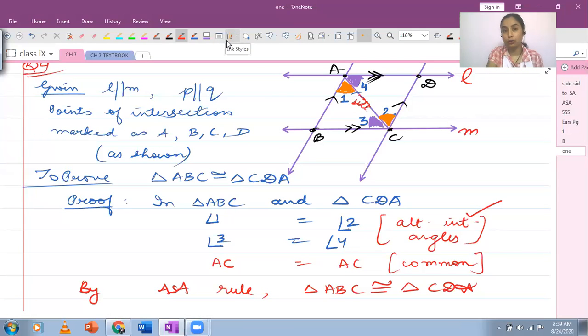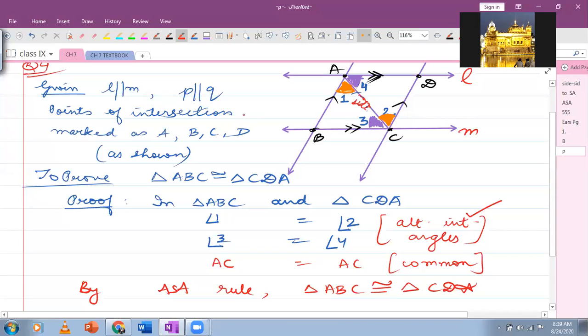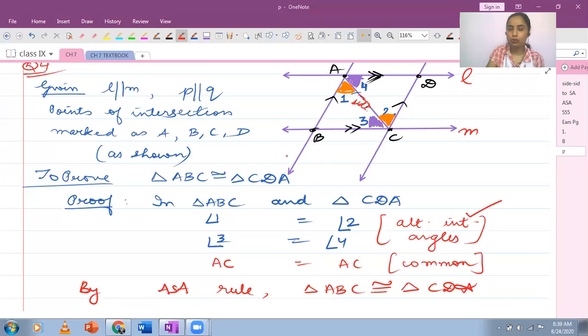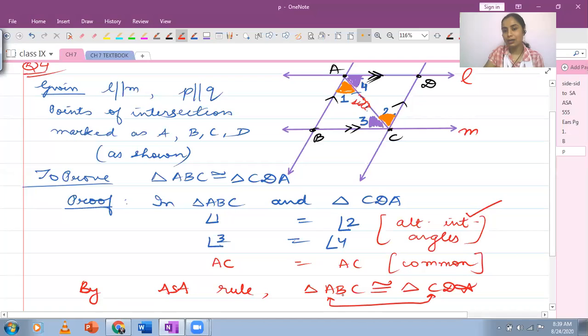Right? And the second thing I want you to observe here is that the correspondence written between these two triangles, ABC is not congruent to ADC. The order of the vertices has changed. Just observe, A is corresponding to C and B corresponds to D. These are the opposite ones, that's completely fine. And then C corresponds to A.